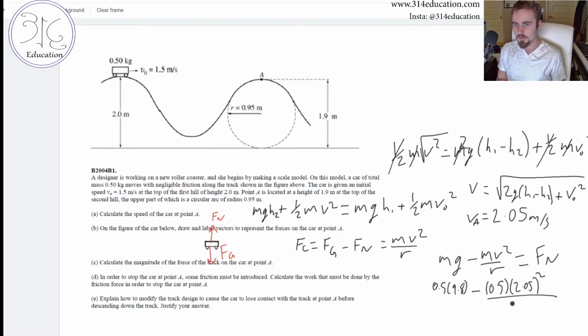We're going to square that, and then we'll divide it by our radius, which is 0.95 meters. Good. Plugging that into a calculator, we've got